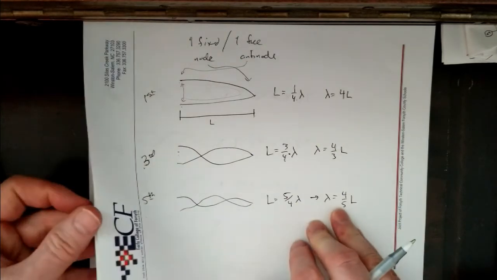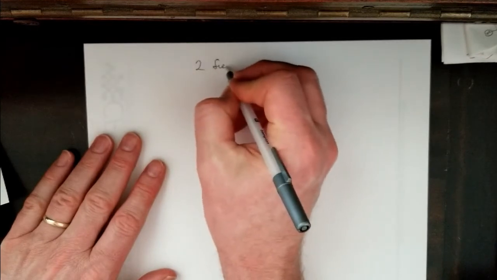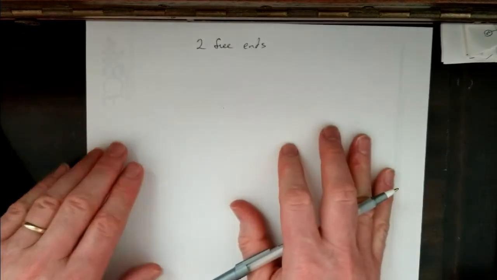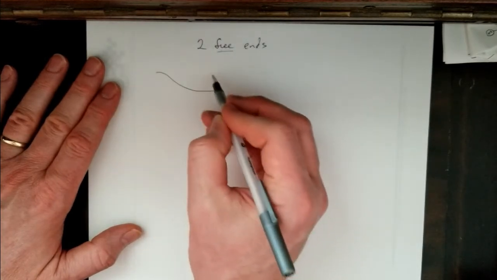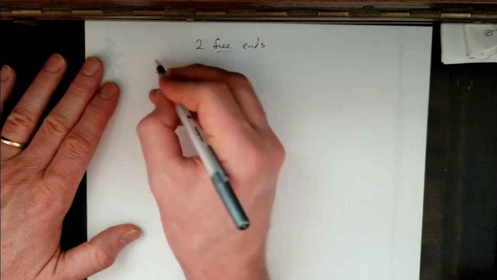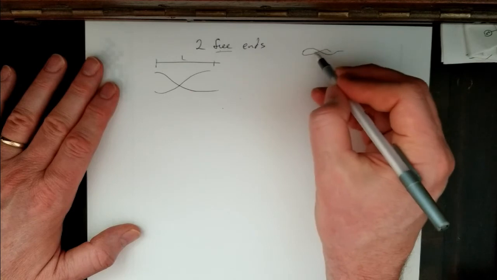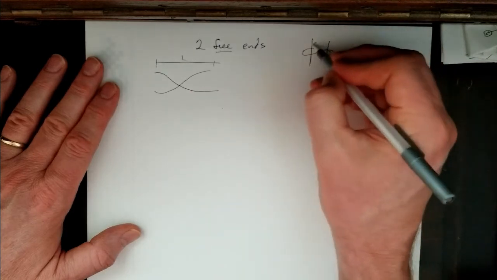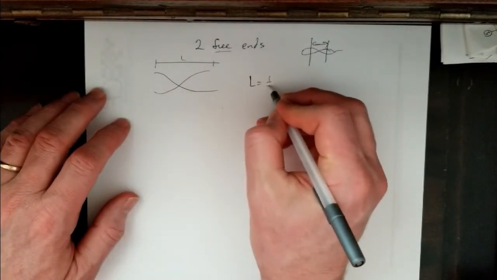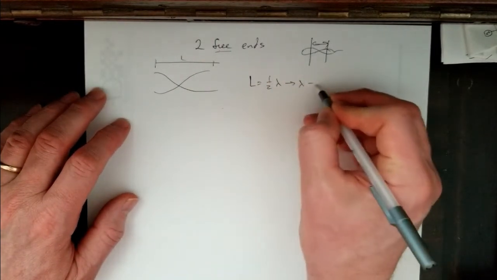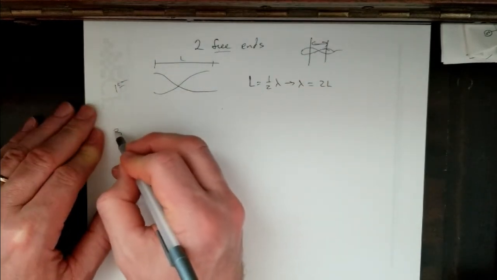And then the last situation we deal with for harmonics is 2 free ends. A free end means an antinode, and the simplest pattern I can come up with is that. If that distance there is L, recognize that again the full wave looks like that, and we are basically looking in this range right here. So this is a half wave. We just basically cut the ends off. So L is equal to half of a wave. The wavelength, therefore, is 2L. That's the first harmonic. The second harmonic,